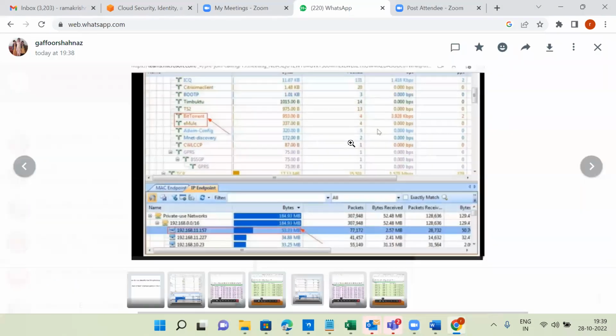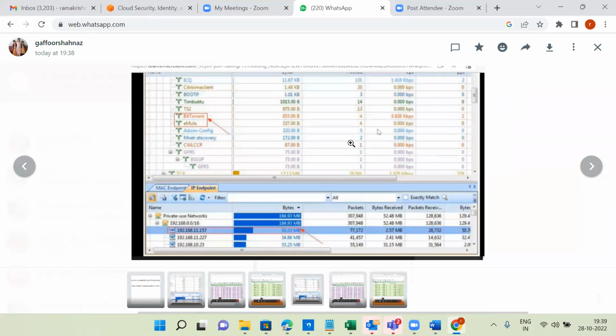So are you able to see my screen? No, sir. Okay, 1 second. So what is this one, Gafur? They have asked what is the attack that is happening there.